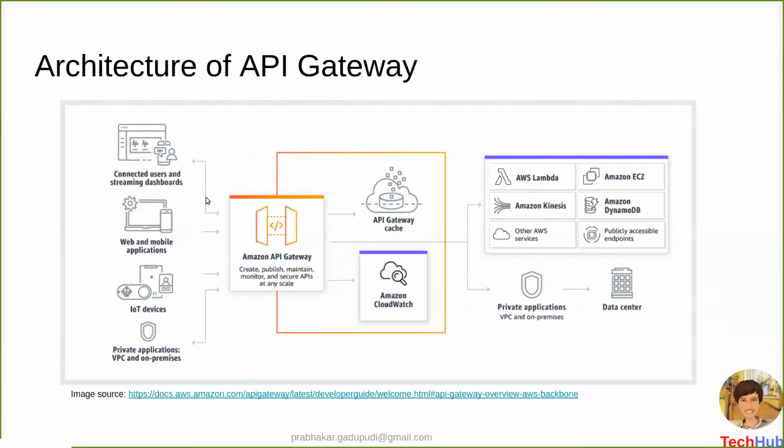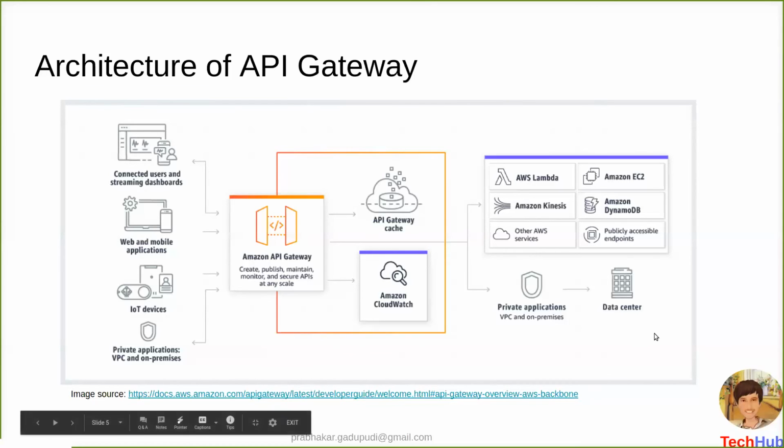Suppose I want to serve the product. If I place the request and access the API inside my API Gateway, it will go to the respective implementation, extract the information, and hand it over to the end users. This is how the overall flow will happen, and your entire business logic will remain in the backend.